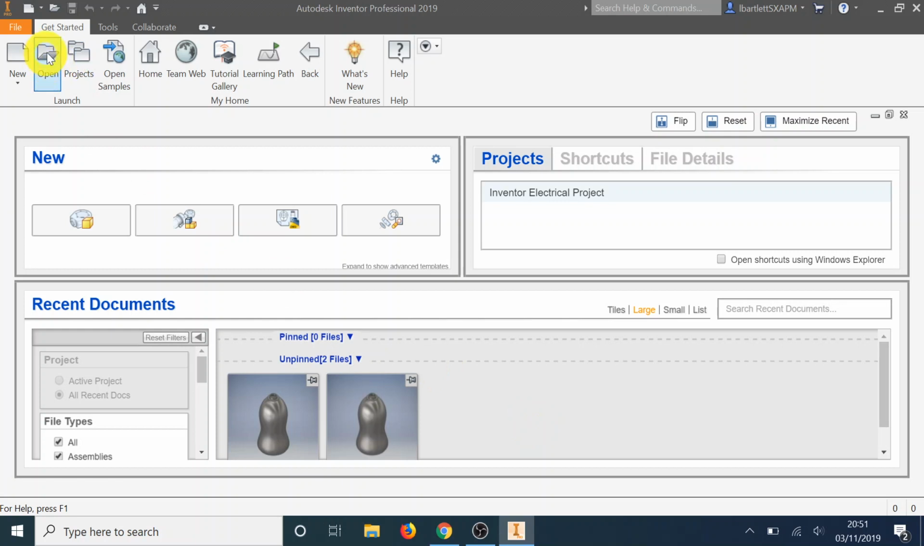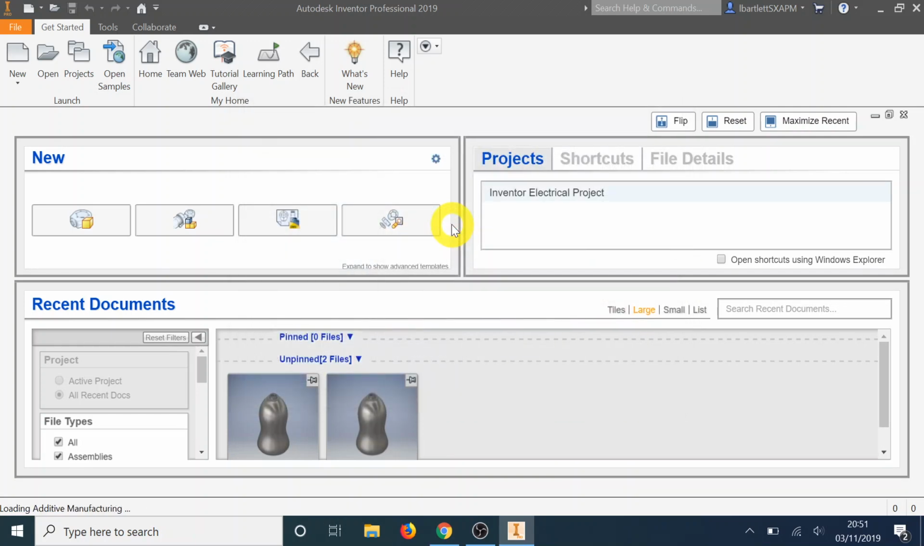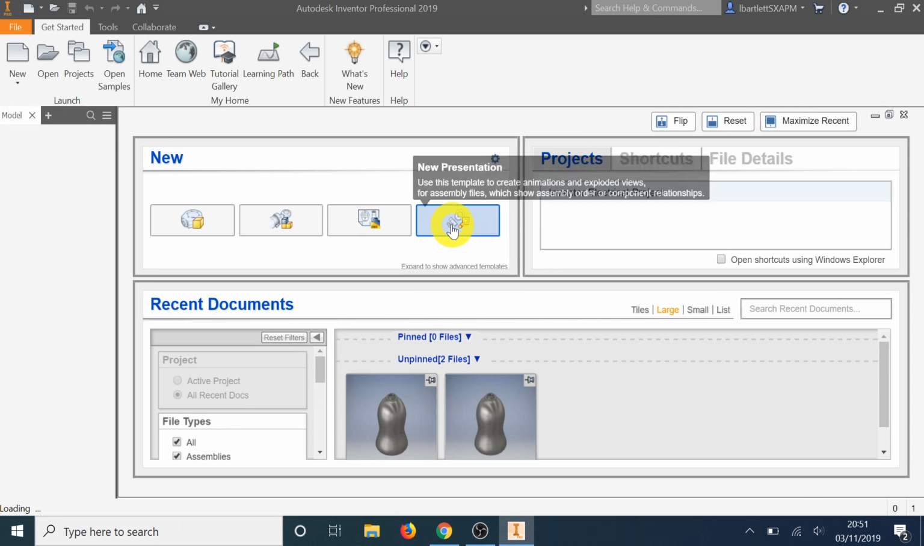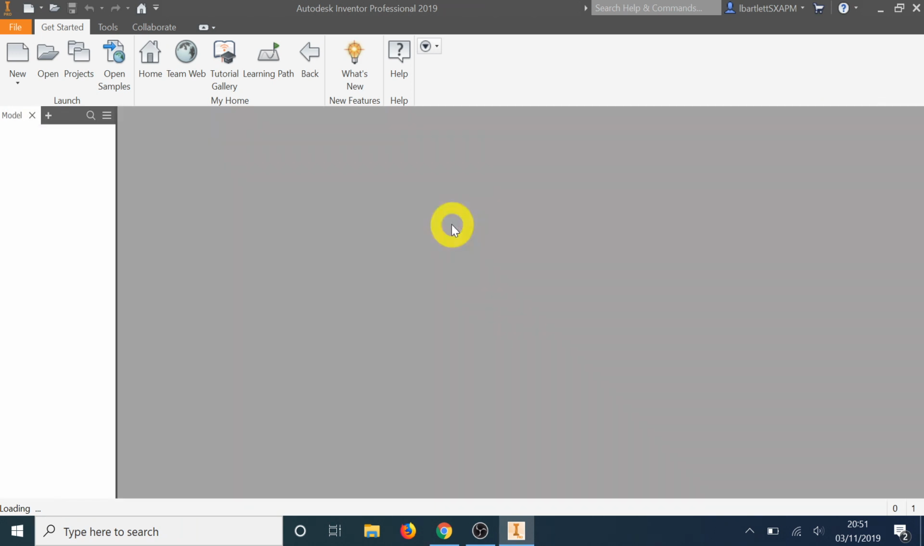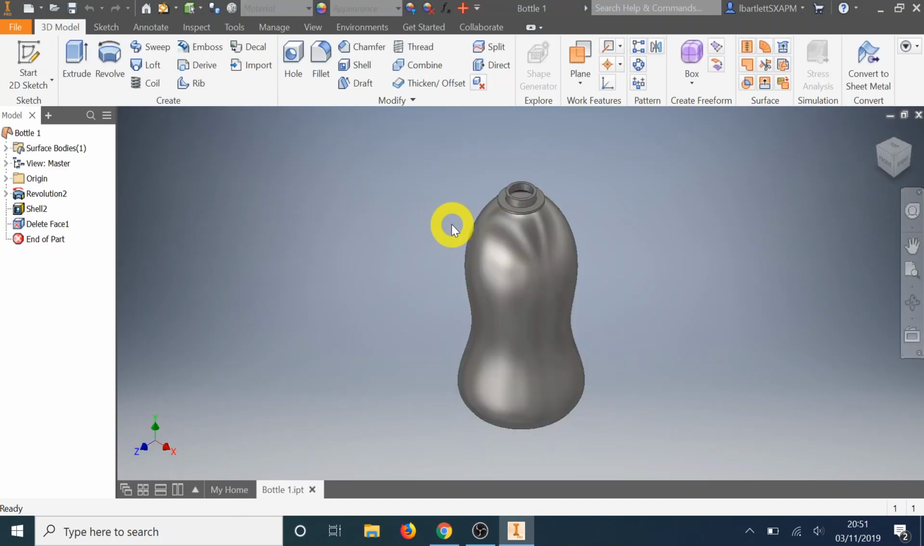Okay, so we're going to go to Open. Yours will likely be in the default location here already, so I'm going to go to Bottle 1, open that up. Okay, so there's our bottle from before, and what we're going to do now is we're going to create a